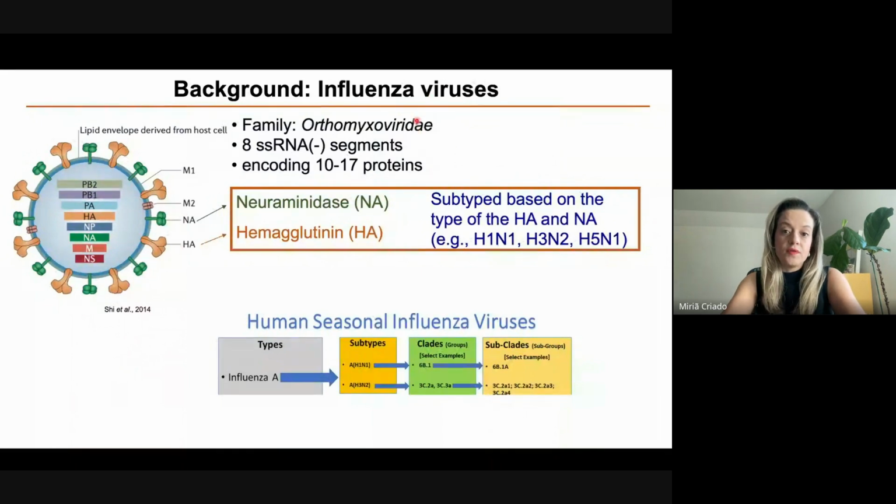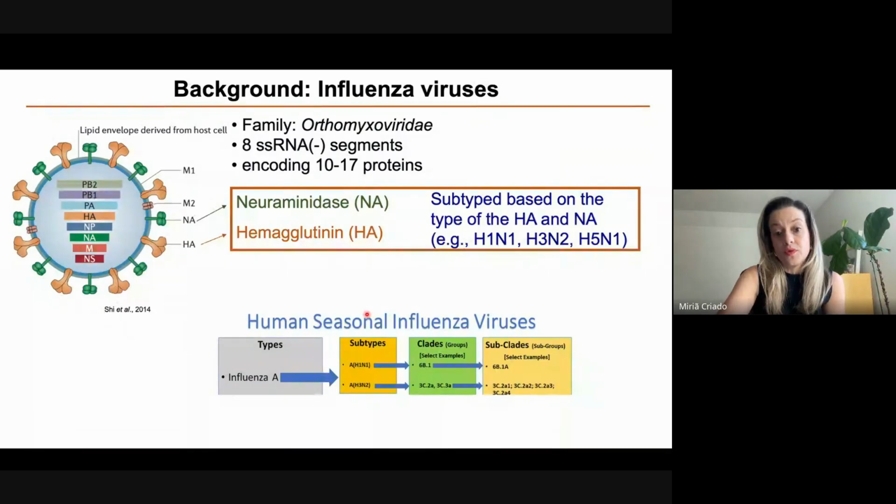As all of you know, avian influenza virus belongs to the family Orthomyxoviridae. This is an enveloped virus which has 8 single-strand RNA segments, which can code for 10 to 17 proteins. Influenza, as you know, is usually classified based on the 2 main proteins expressed on the surface, that is hemagglutinin and neuraminidase. And based on both of them, we can classify the virus as H1N1, H3N2, H5N1. But of course, influenza, due to its diversity, and I will explain a little bit more why, we have so many